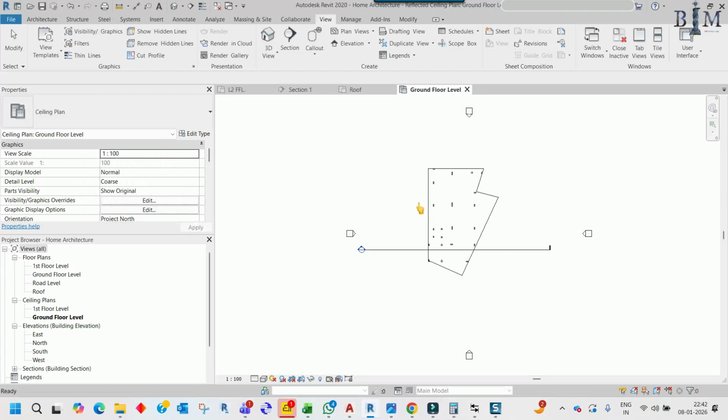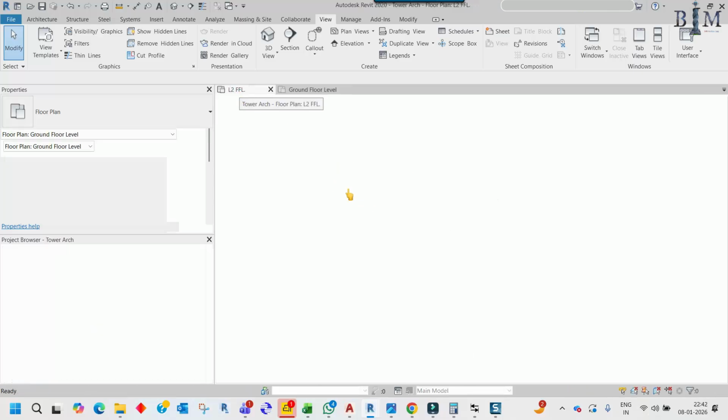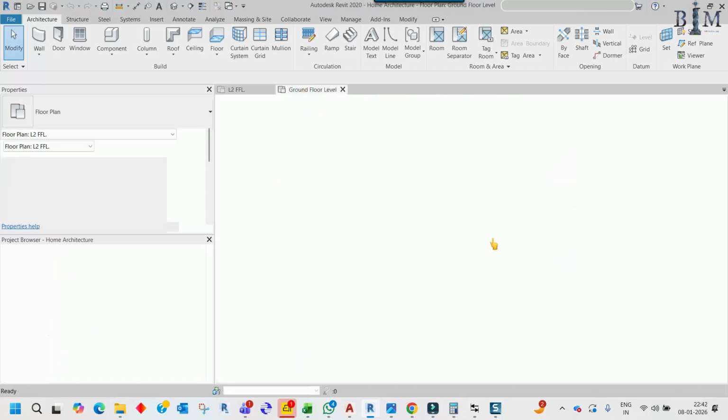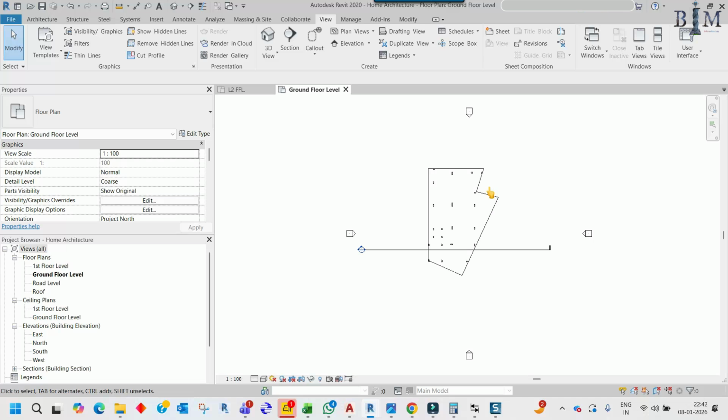Now I have to link the CAD in the same location. So for that, I have to go to the ground floor. Now just close the unnecessary views. I need the element from this tower architecture model, but for now let me take the link CAD here